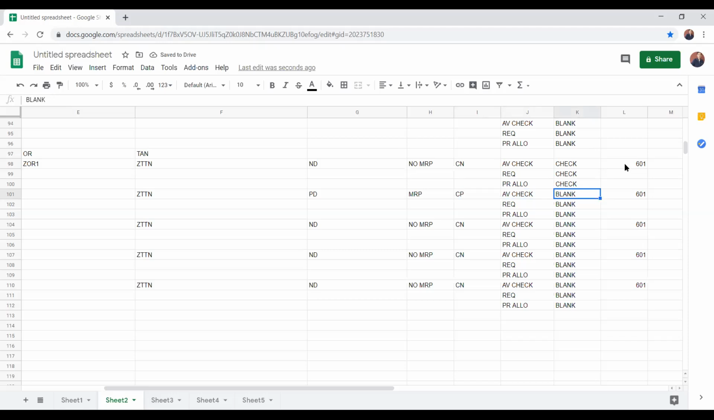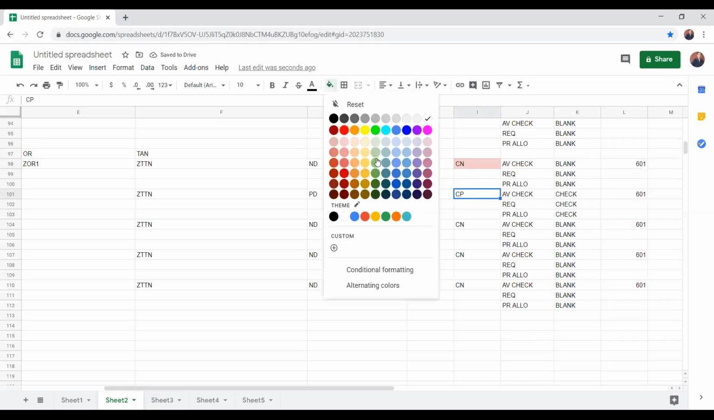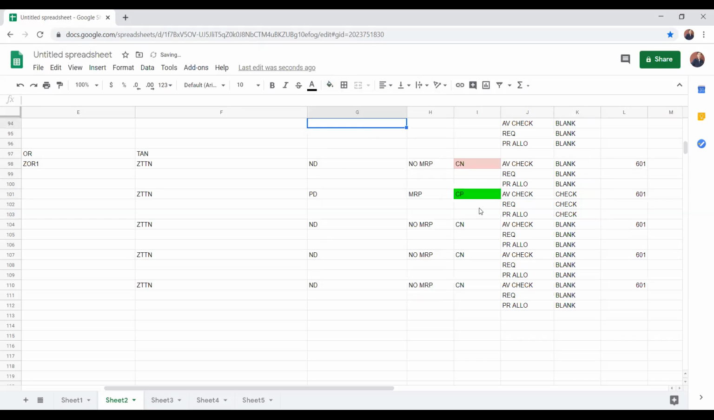Sorry, I'm just copying this one. I need to check this one up. This should be blank. Okay, CN, it is blank. CP, it should check all these things. So let's put the green for this. Now go for another combination like